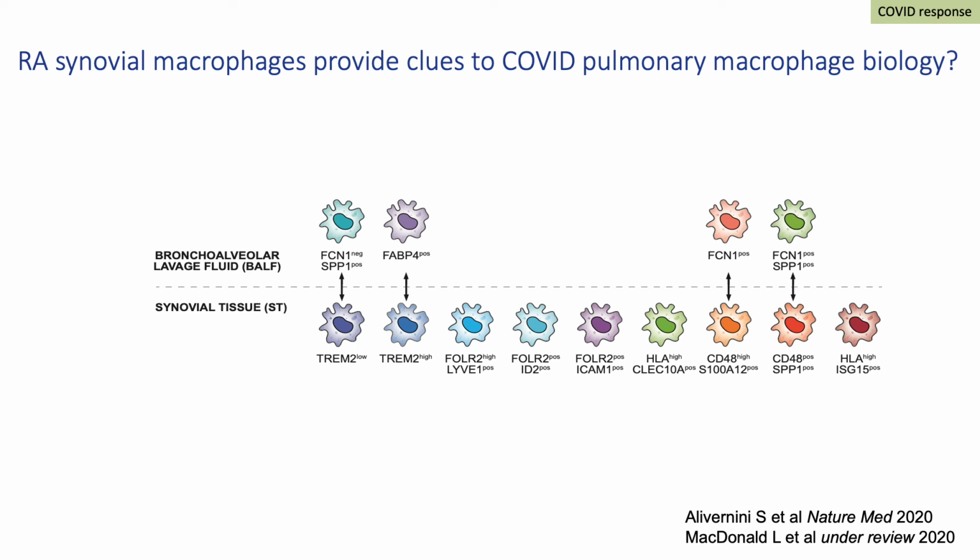But what we found remarkably was that when patients had higher numbers of these inflamed cells that we had recognized in the rheumatoid lung, their outcome was poorer. And this, of course, begs the question whether we could start to select the bad macrophages and specifically modify these, leaving tissue restorative, tissue repair macrophages present in the COVID lung. This is a really exciting possibility for the future.